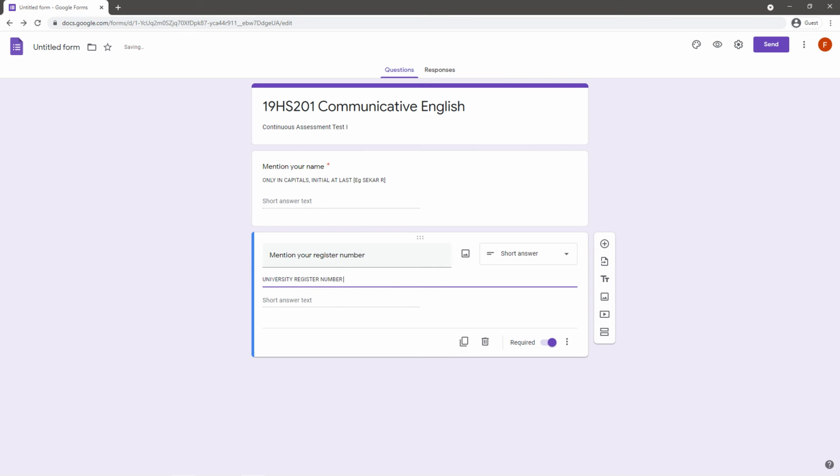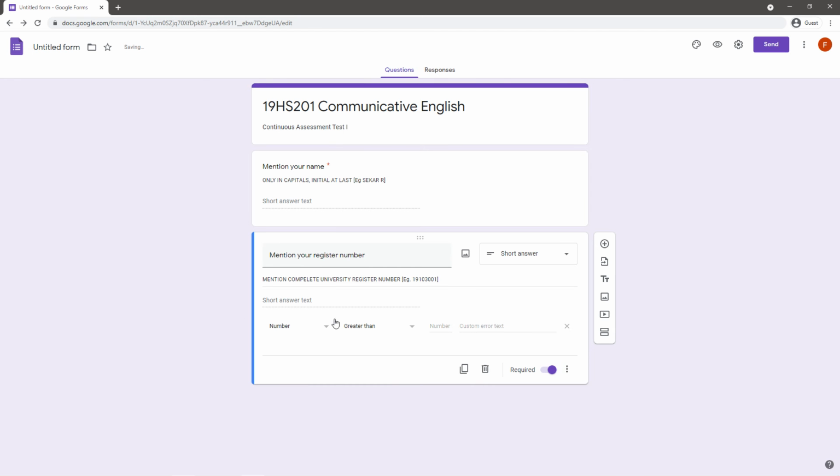Some students will type in short; you don't encourage those kinds of activities. You ask to enter the complete register number. Mention complete university register number like 19103001, like that. On response validation, it should be a number.